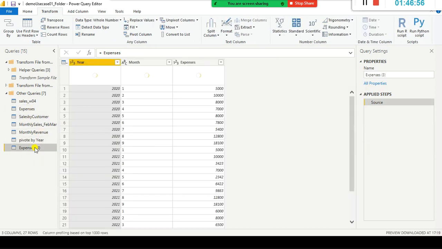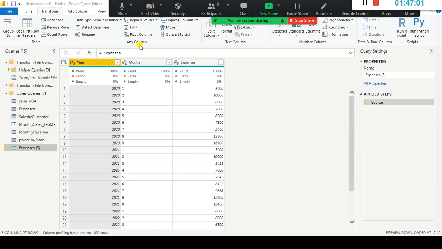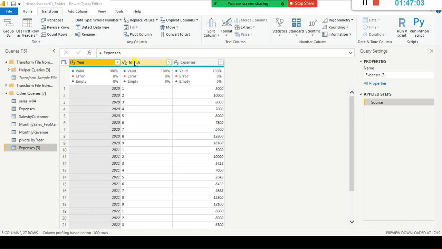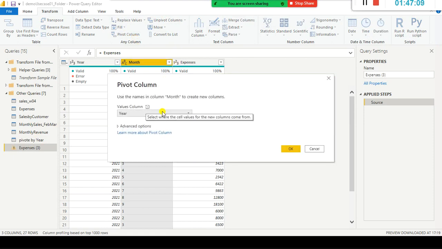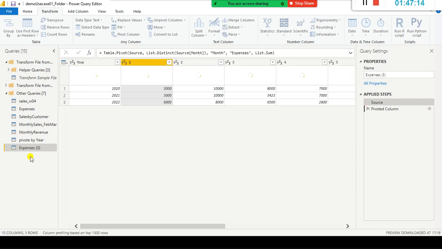So now let us do one thing. Now I just go and do some kind of pivoting. This is for year. I just want to do it on month. This is another example. Pivot by month.